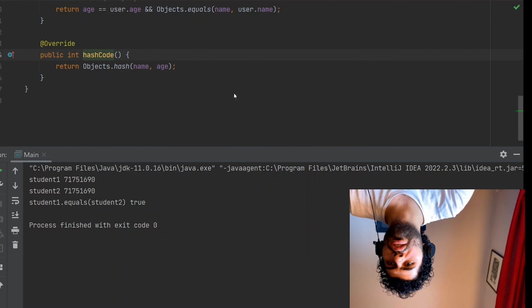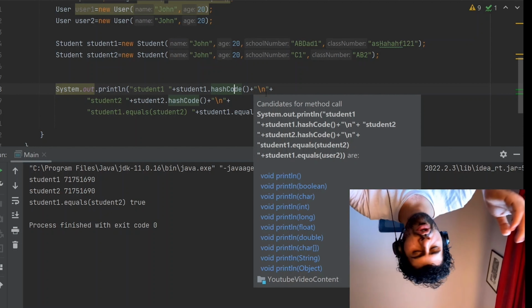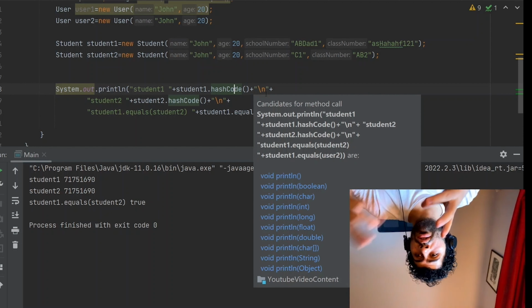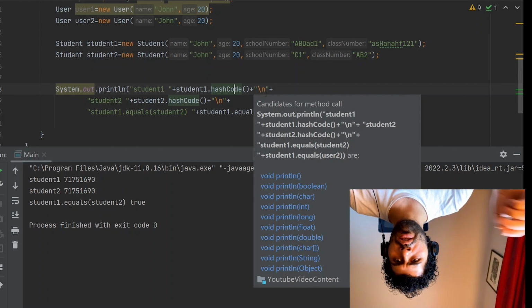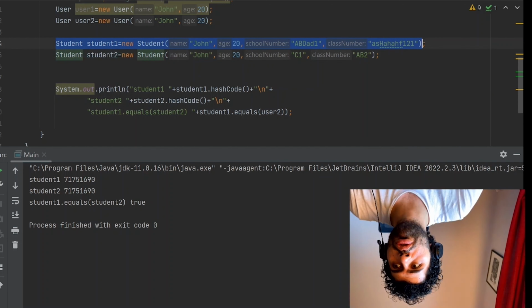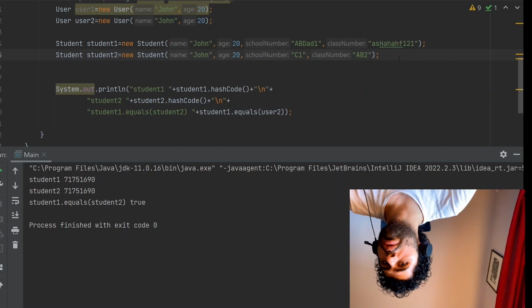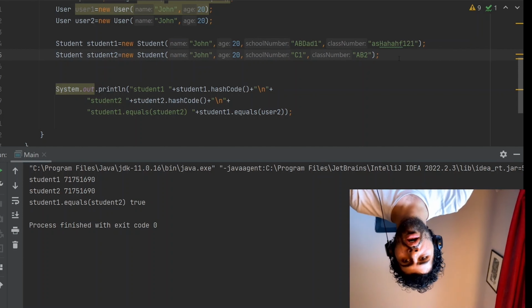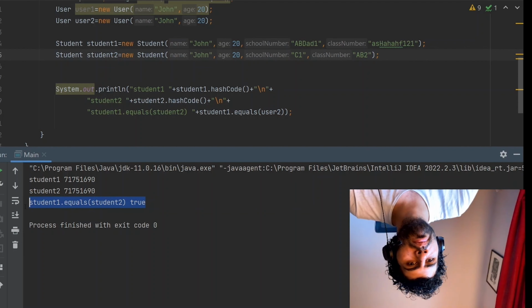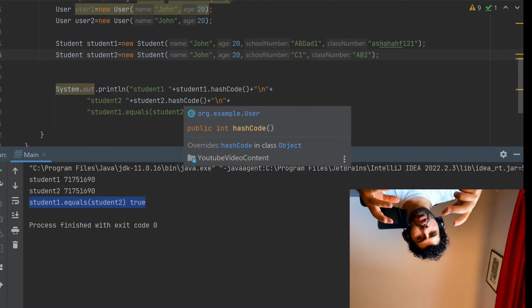Because let's say you create the student, you say, I don't want to overwrite it, or you always forget to overwrite the hash code and equal method, and other developers come and say, okay, probably previous developer overwrote it, must be overwritten, and didn't check and created two students and say, okay, this student school number and class number is different, name it could be same, age of course it could be same, it is a school, and compared to, and bam, it is big bug. It is big problem,